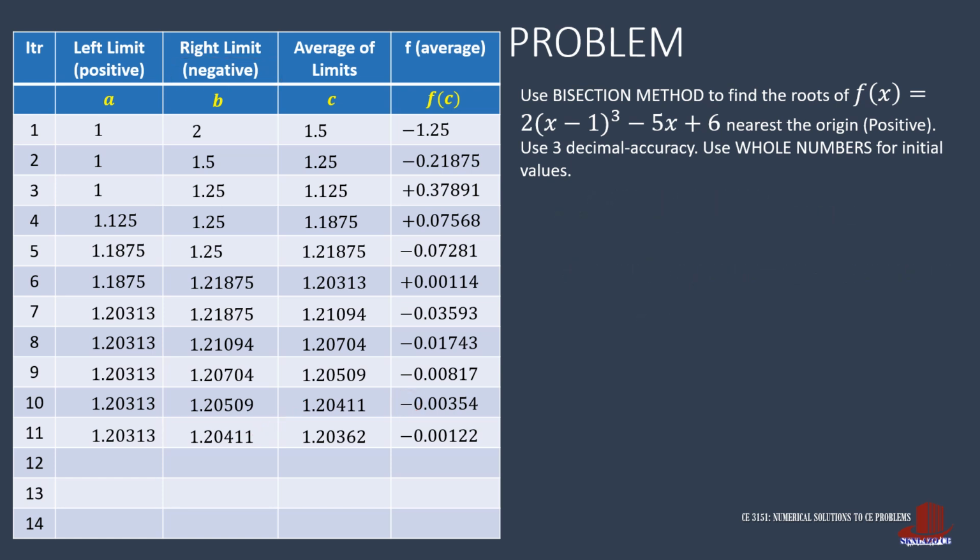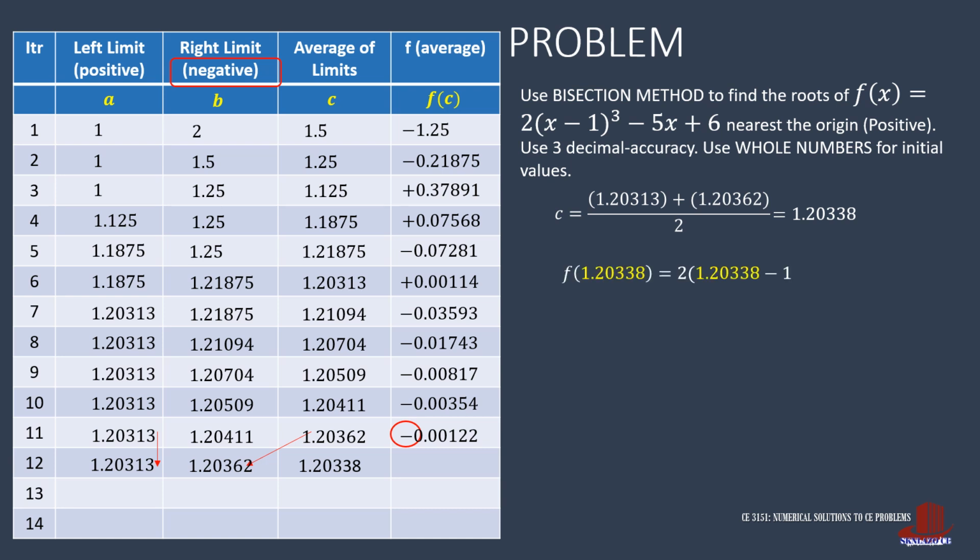Let's try our luck with this iteration. Having negative f of c, replace b with 1.20362. Then a is still 1.20313. Compute the midpoint. That's 1.20313 plus 1.20362 all over 2 to get 1.20338. Now plug this value into the function to get 2 times the cube of 1.20338 minus 1 less 5 of 1.20338 plus 6. The result is negative